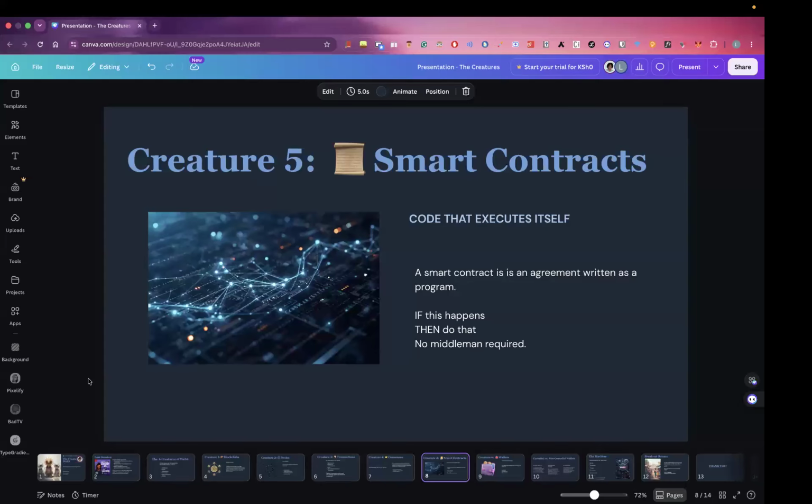Okay. So I'll start with this one. We've said that a smart contract is basically just a computer program that is hosted on chain and it's executed on chain. And when we say it executes itself, this is the automation or the automatic part. Since we've said that our code is made up of if statements, if a certain condition is met, then a specific action is going to be executed. So that is what we mean when we say executes itself.